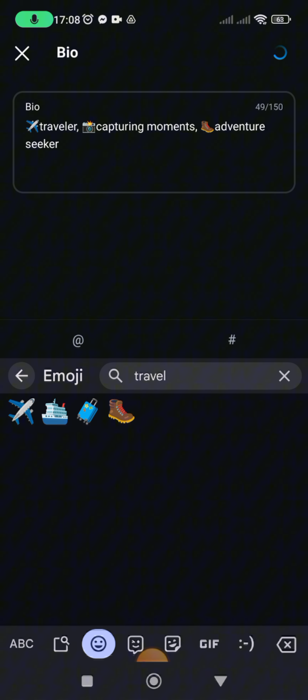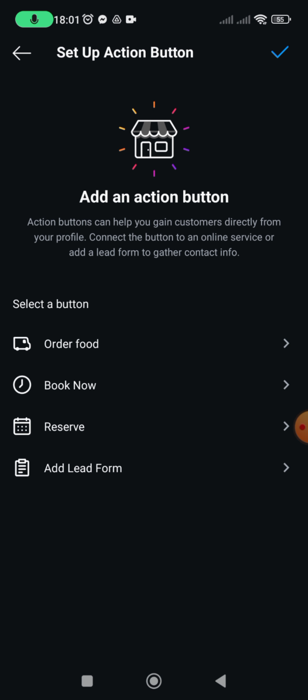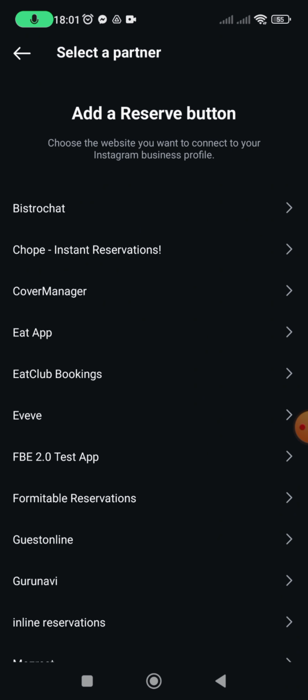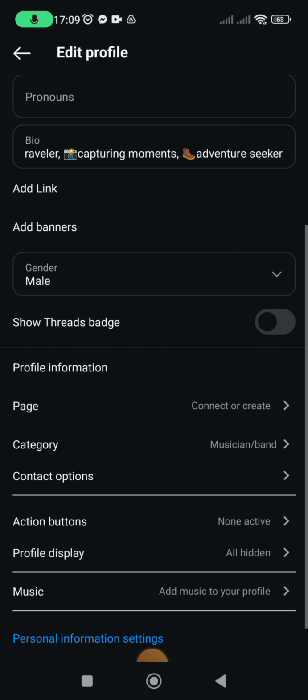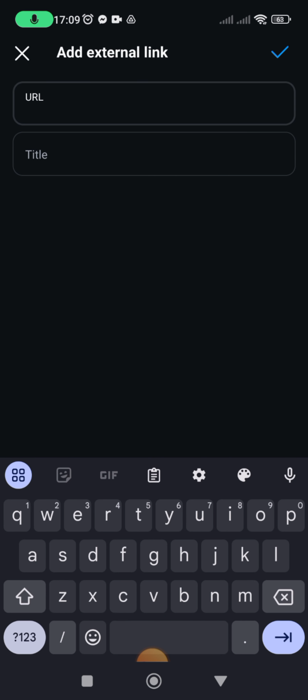Include a call to action, or CTA. If you have a goal for visitors, for example, visiting your website or purchasing a product, include a CTA. 4. Link in bio. Use link aggregators. You can use tools like Linktree, Beacons, or Instagram's native link stickers to display multiple links, including websites, shops, and